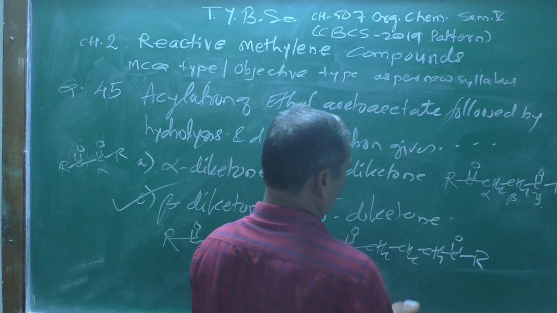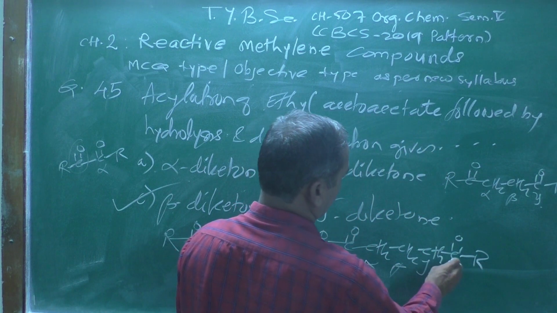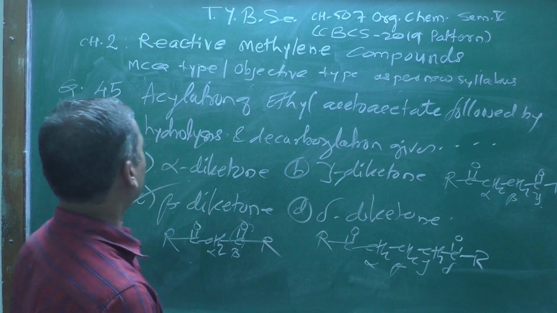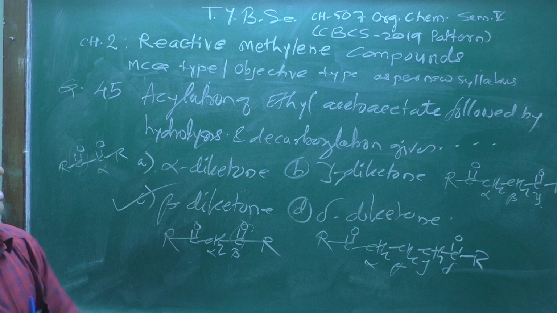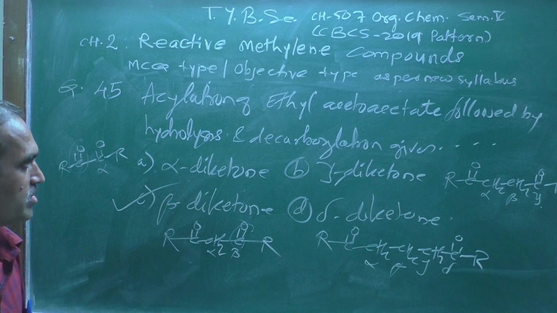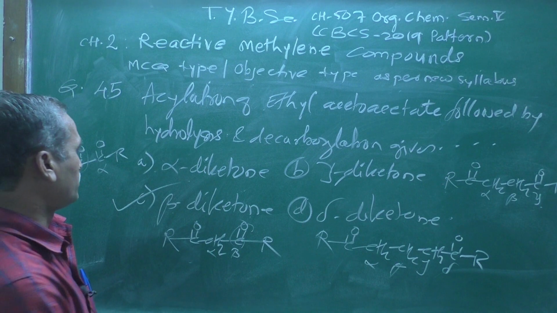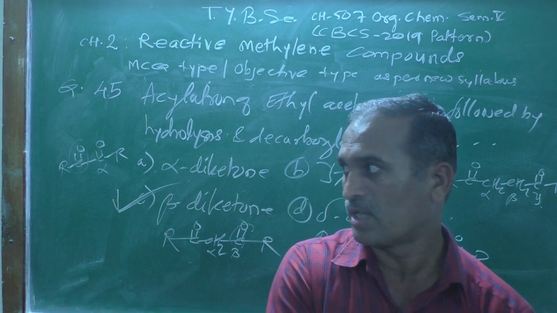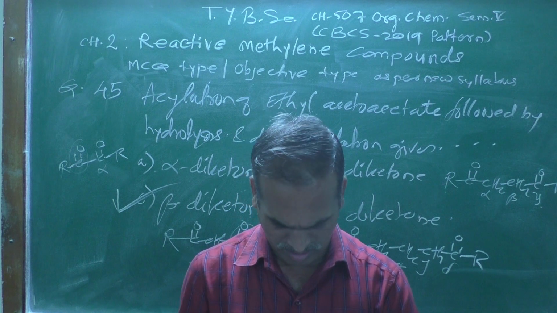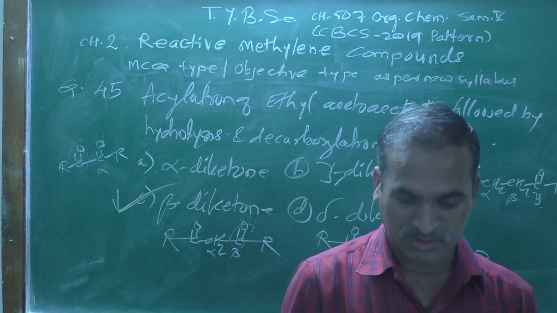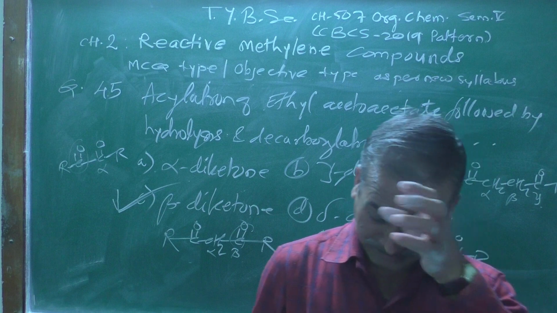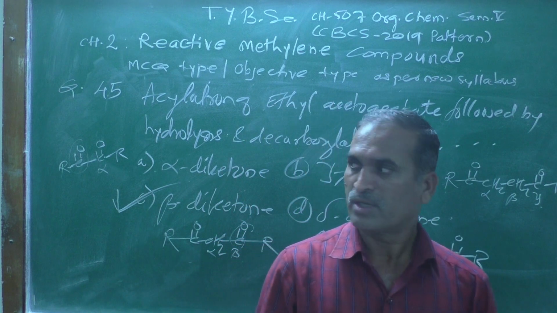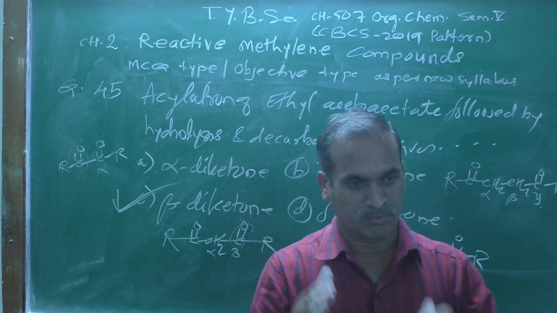These are alpha, beta, gamma and delta, and therefore acylation of ethyl acetoacetate followed by hydrolysis and decarboxylation generally gives beta diketone, and beta diketone is a versatile synthon. A variety of organic compounds can be prepared by using that compound. So I think with this we have